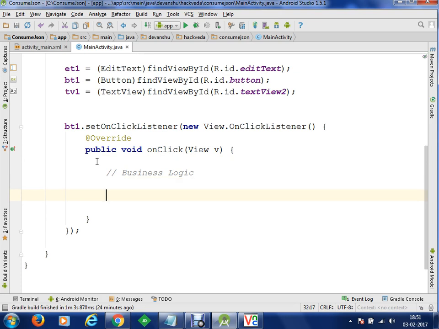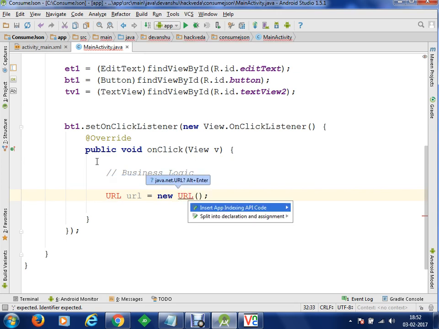Now what we are going to do. For this, the very first thing we have to do is, let's say we'll take a URL equal to a new URL. Press Alt+Enter and import the URL, and now we are going to specify the URL here.